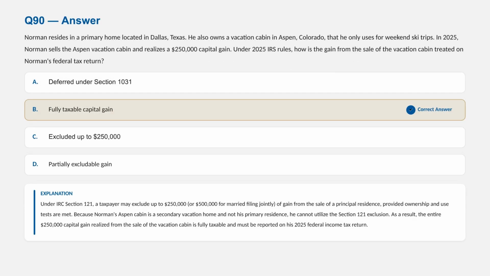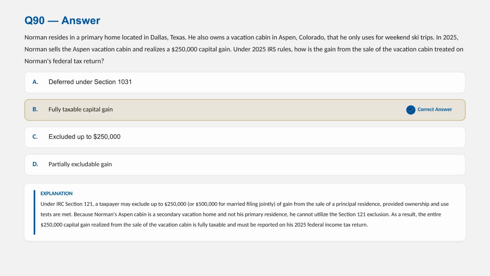The correct answer is B. Fully taxable capital gain. Under IRC Section 121, a taxpayer may exclude up to $250,000, or $500,000 for married filing jointly, of gain from the sale of a principal residence, provided ownership and use tests are met. Because Norman's Aspen cabin is a secondary vacation home and not his primary residence, he cannot utilize